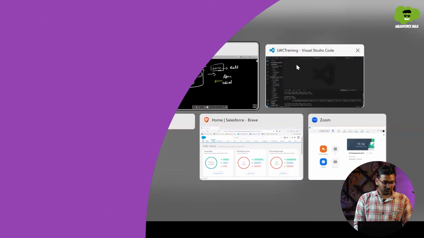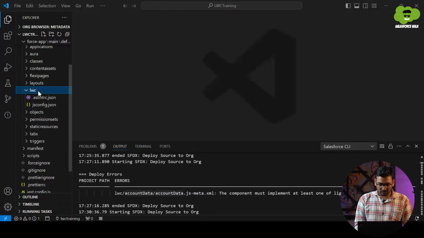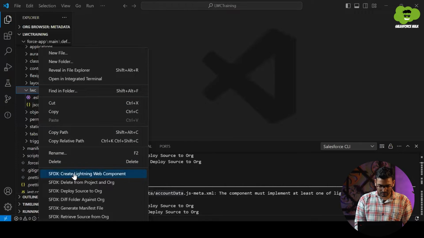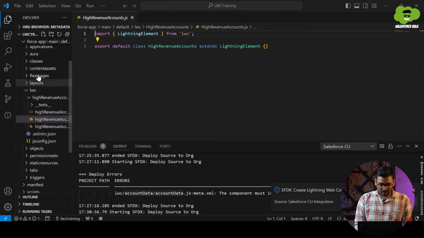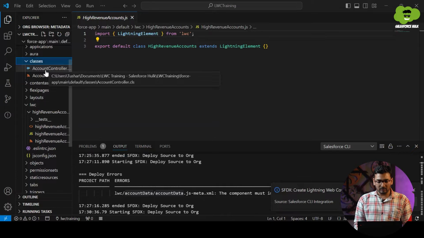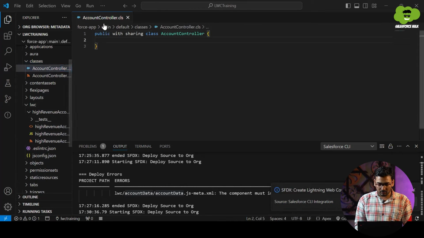So let's begin. First of all, I am creating the LWC component, which I am naming highRevenueAccounts. Second, I have already created an AccountController.